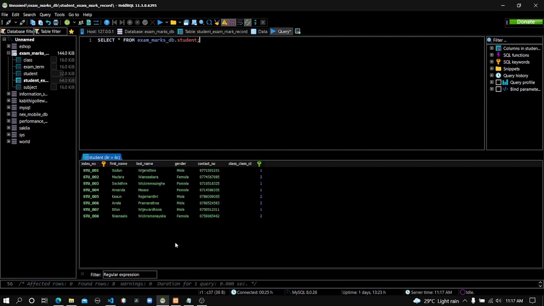Okay, here are the details of the students, and I'm going to find the student by his index number. So I'm writing a condition to find the specific index number of the student who got the lowest mark. So here's the condition where index number